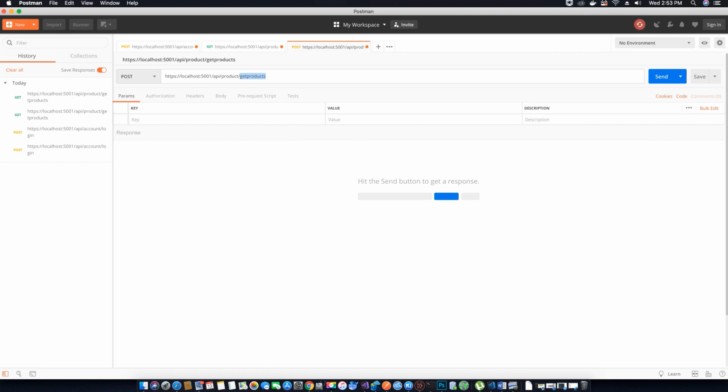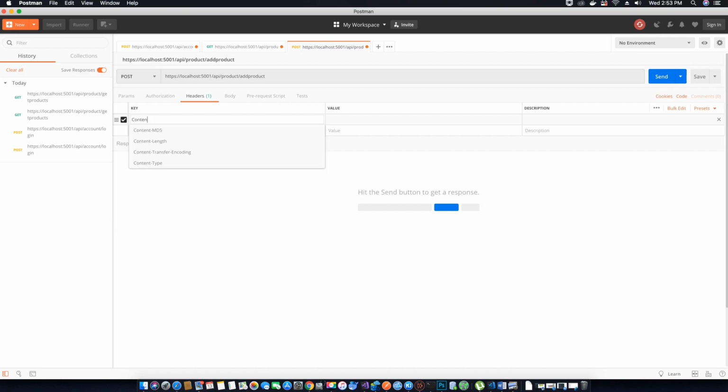So let's go ahead and check this. If we can access the add product with the role of a customer using the token that we received when a customer logged in. So let's go to headers, set the content type to application JSON,